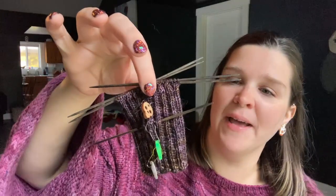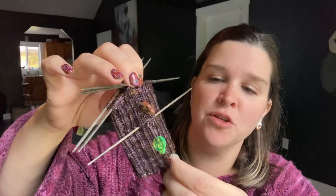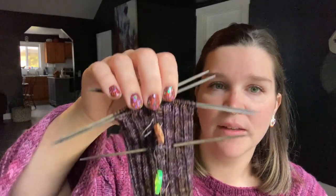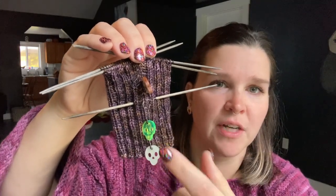I'm not sure if it does make sense, but I am knitting this pair of socks on my Likey Driftwood double pointed needles. They are size US 1, 2.25 millimeter. This is the second sock, and I do put my little stitch markers every 10 rounds just so I can make the socks the same. But yeah, I love these. They are from Katrinkle. These were last year's, and I think Katrinkle has more skulls in different colors this year,